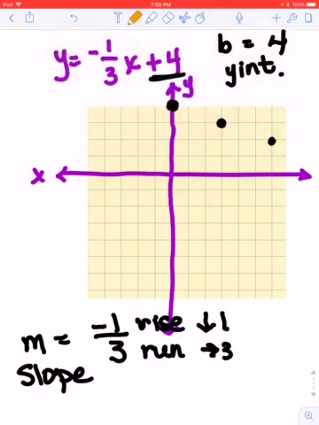Now, if I look through that, I can see they're all lined up. So just like before, I'm going to do my best here since I don't have a straight edge. You're going to draw your line through your points. Covers the entire